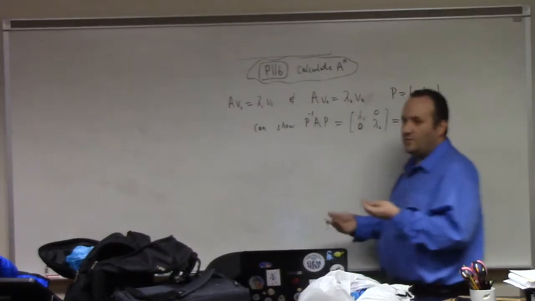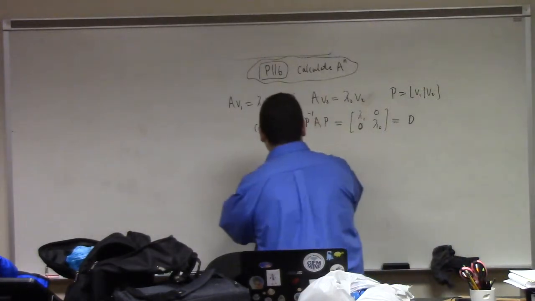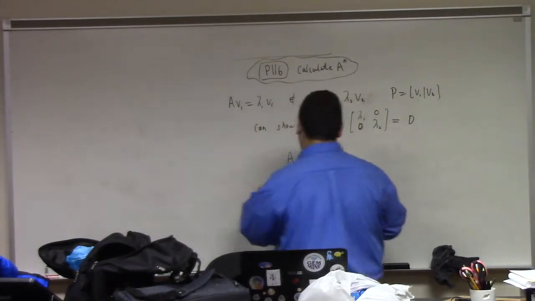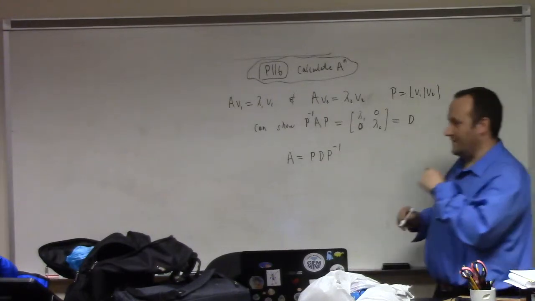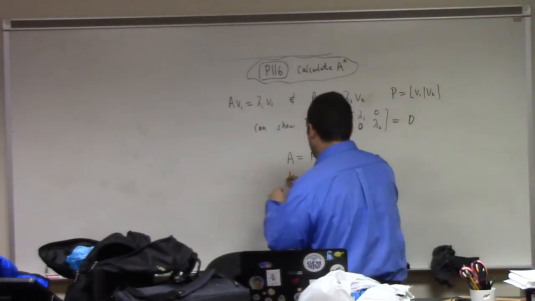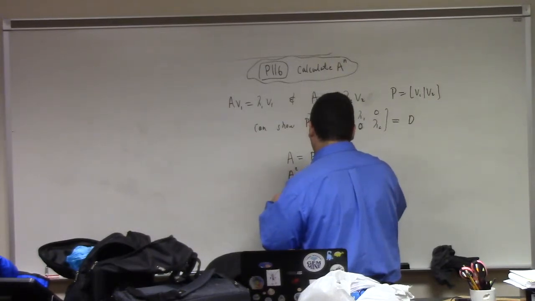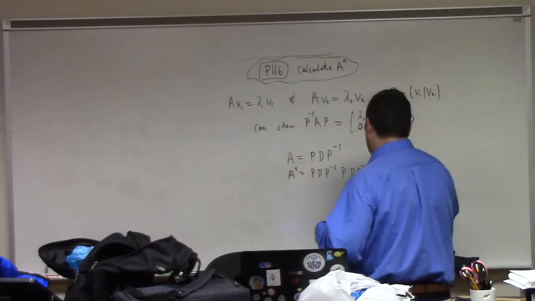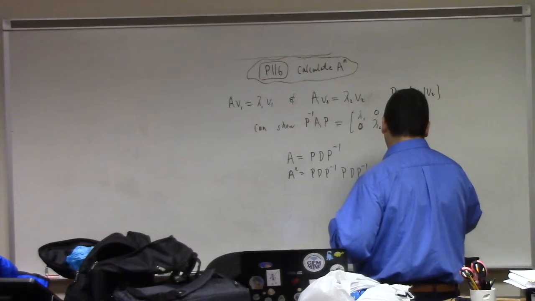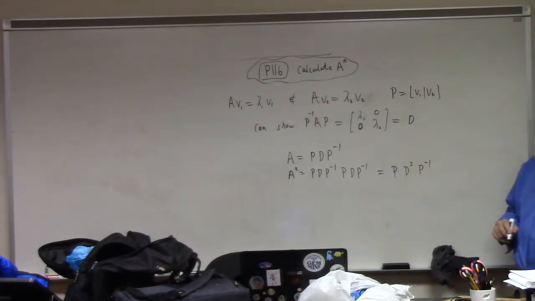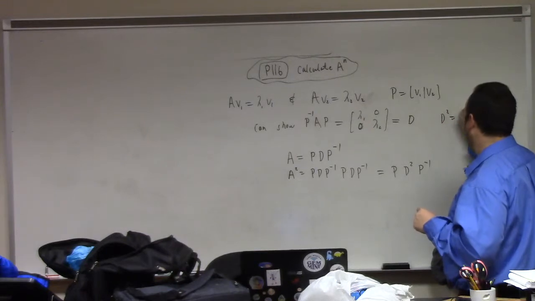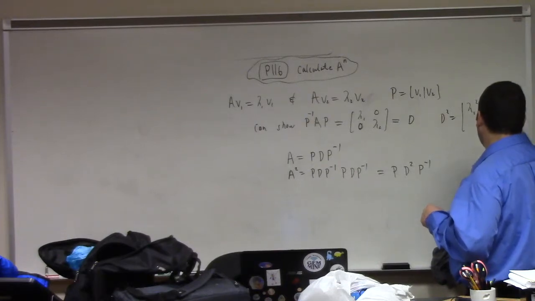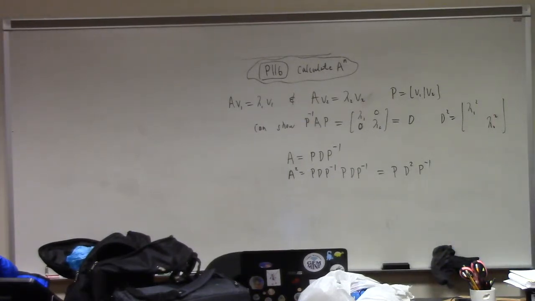Okay, so why does this help you calculate A to the n? It's very simple. You can solve this for A: A equals P D P inverse, right? And that might not be that exciting, but notice that A squared is P D P inverse P D P inverse, right? What happens to the middle P inverse P? You get P D squared P inverse. How do you calculate D squared? You just square the diagonals, right? You just square the diagonals. It's really, really easy. So, to calculate